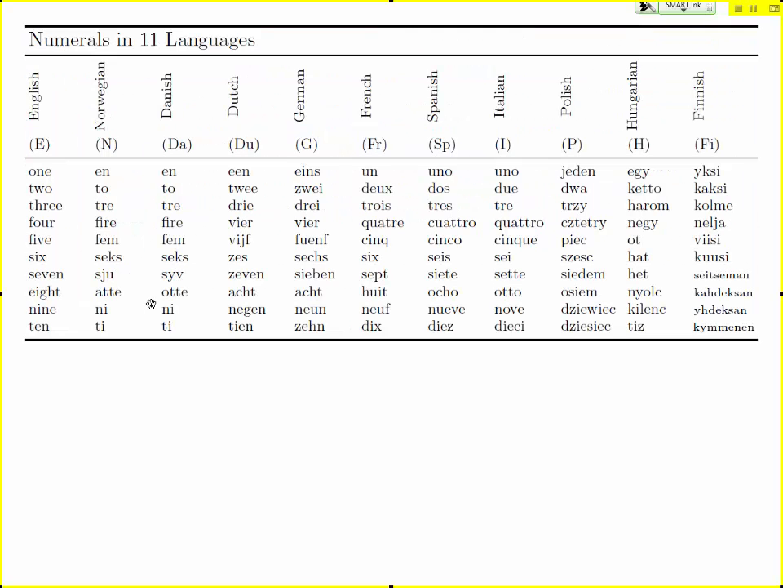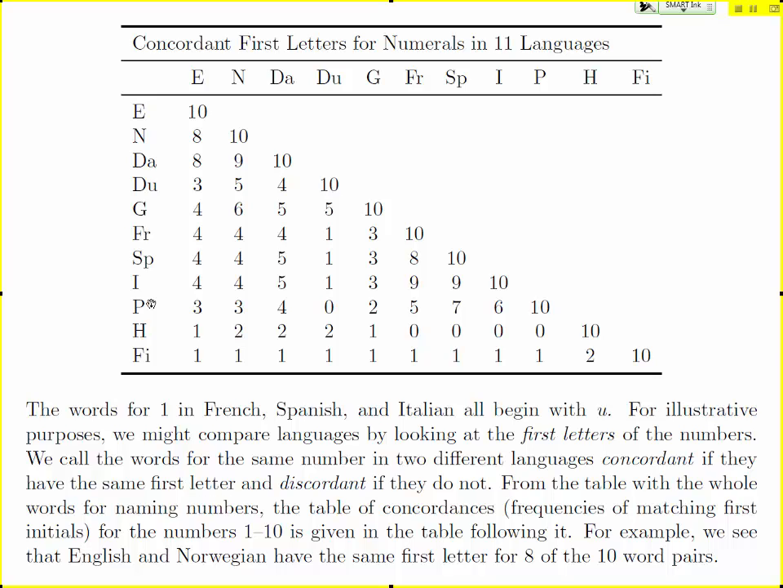The data look like this. So we have 11 different languages, English, Norwegian, Danish, and so on, going across the columns. We have the words for the first 10 integers in those languages, and we can turn that into data, like a distance matrix or similarity matrix,